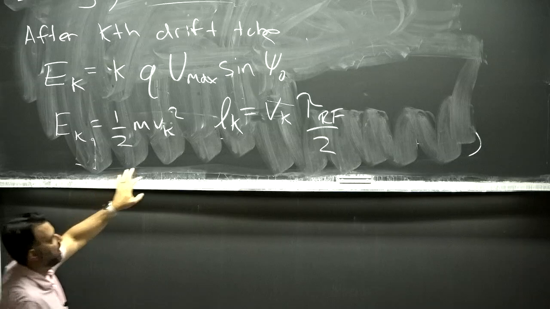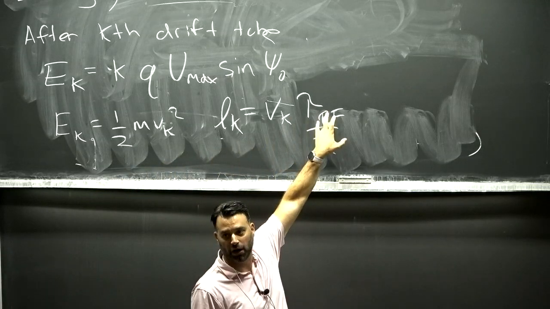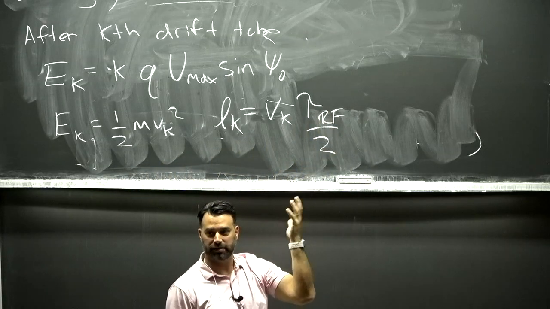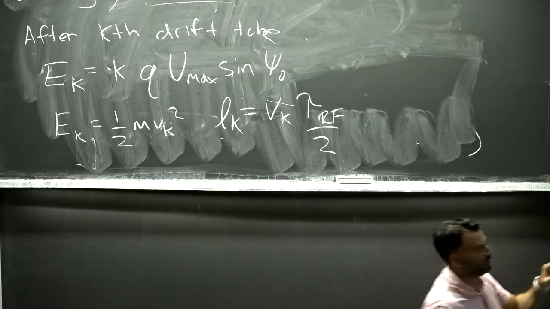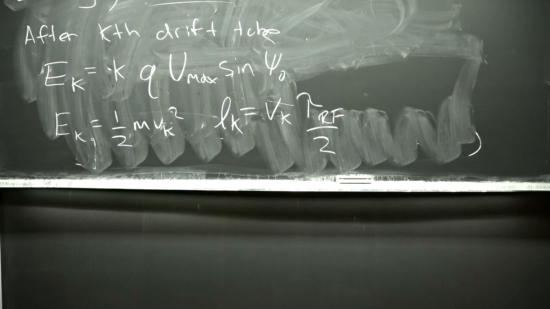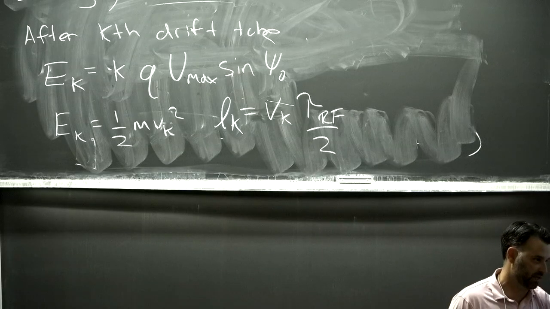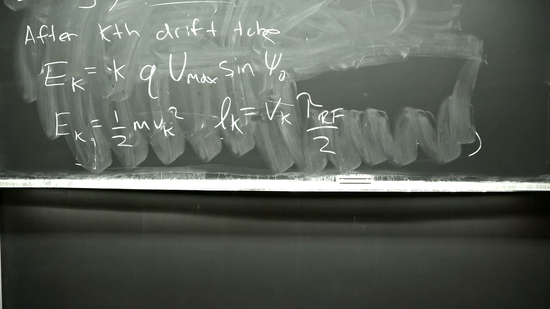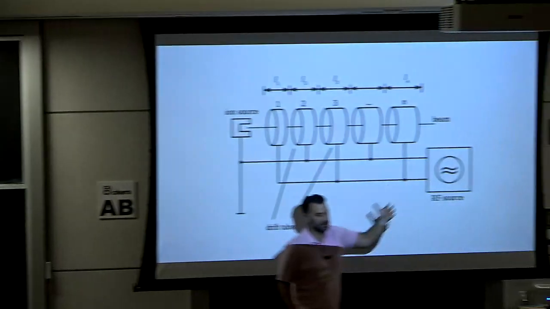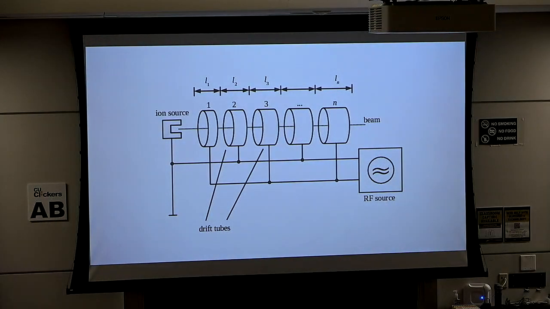Now, in principle, I wouldn't have to if I keep changing the RF frequency. I could keep this smaller. But the problem here is that, as you see here, I am having to couple this to some power source. Okay? And if I don't want the cost to blow up exponentially on me of having every single drift tube connected to a different RF source with a different frequency, then if I couple to the same RF source, which has the same frequency, I just have to adjust the geometry of my accelerator as I go on.